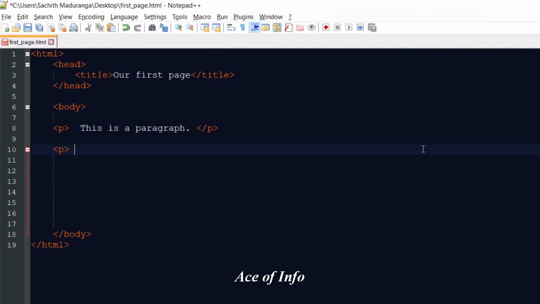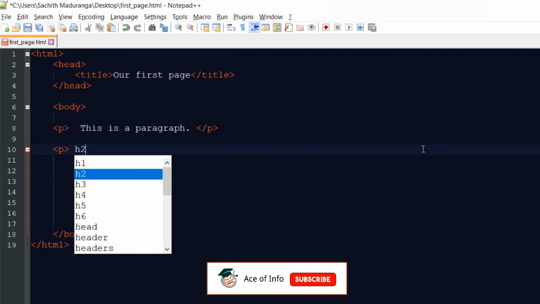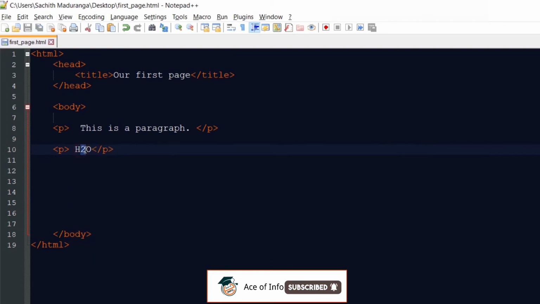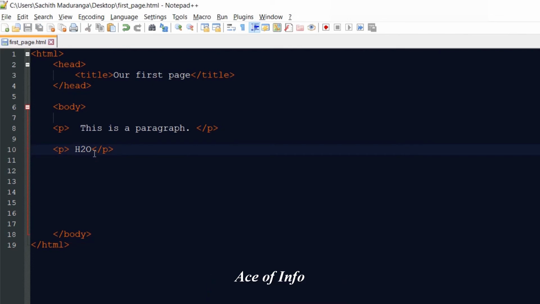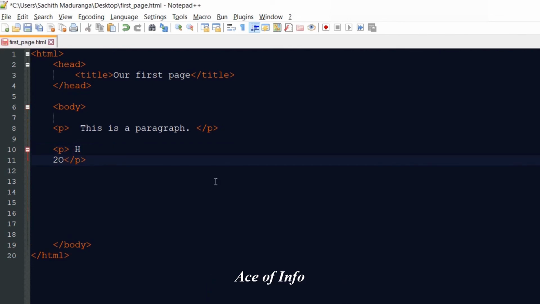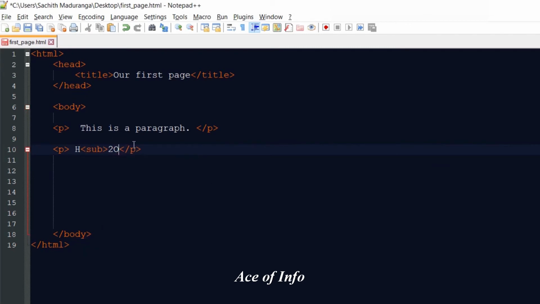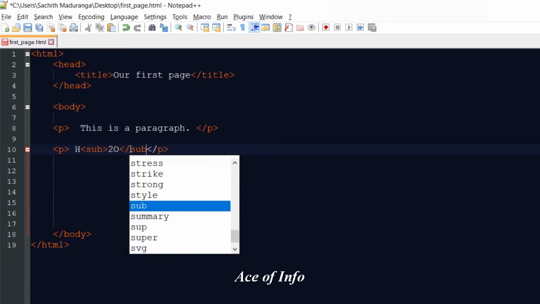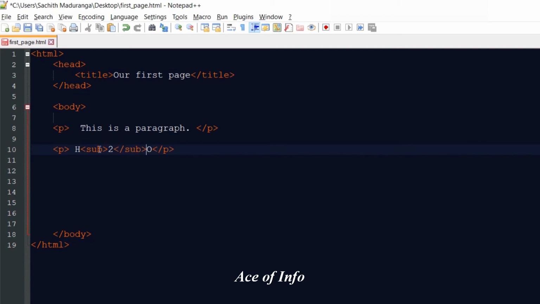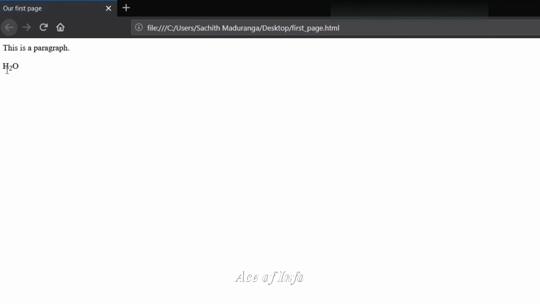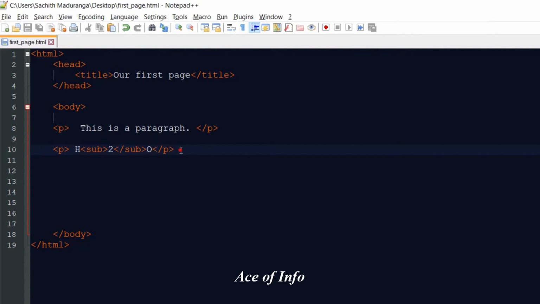Let's say you have to type the formula for water. You all know it's H2O, right? Now if you type this, how can we put this 2 where we usually write it? To do that, you have to put the tag called sub. Sub means subscript. Actually, we write sub as the tag, alright, and we have to close it. Now what subscripted text does is it goes under like this. See, now it looks like when we are writing by hand. Okay, so that is subscripted text.